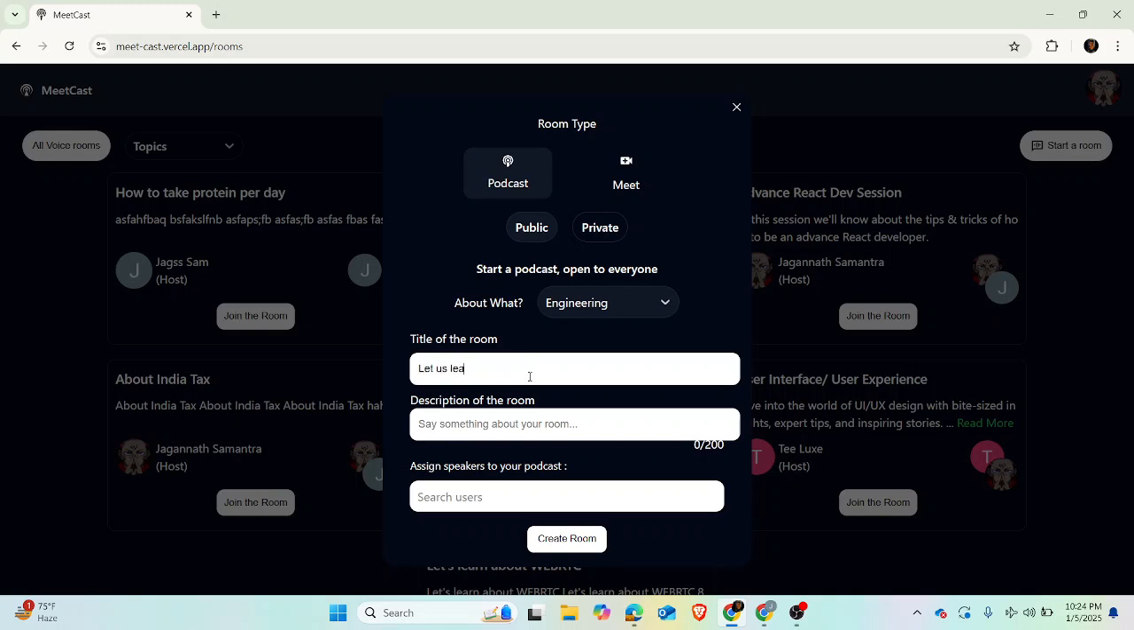Let us learn Next.js. Okay, if I want to learn Next.js, yeah, and here there is a validation of 50 letters, so that's why I'm pasting this. Now if I want to assign any speaker to my podcast, only the host, meaning me, and the speaker of the podcast can speak in this room. So I will now assign Jag Sam, it's one of my accounts only. Now if I create the room,